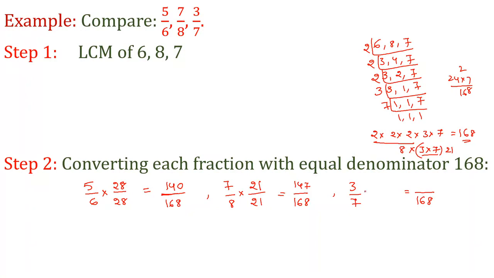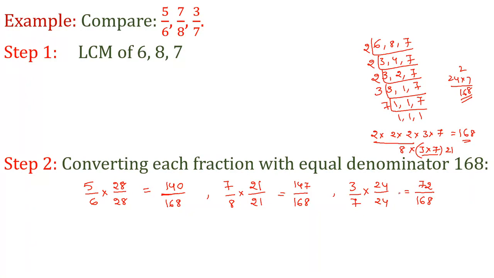So next, here also by multiplying which number with 7, you will get 168 here? Observe here, already 7 is there. Remaining numbers 8 into 3 is there. 8 3s are 24. 24 7s are 168. So you have to multiply with 24. 24 7s are 168, you know. Okay, so now you have to multiply the numerator also with 24. So 3 24s are here, 72.